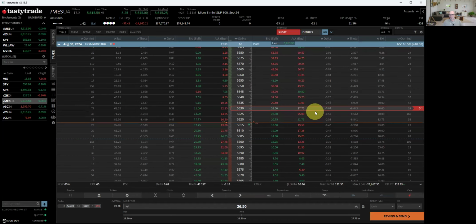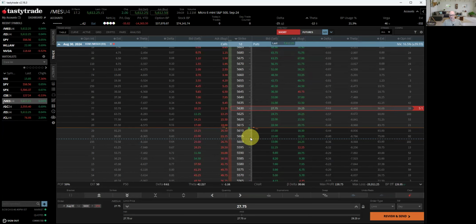We're collecting 130 total, 60 of which is extrinsic value. And as you know, by tomorrow, by the end of the day, we'll get to keep this 60 bucks or whatever, minus a little bit of what's left over before we close. But we'll get the majority of that regardless of what the market does. But again, if the market goes up, we'll be collecting the delta premium that we have here. And if the market goes down, okay, we'll just keep our theta, we'll roll this one out, and then we'll look forward to potentially being able to put the second level trade